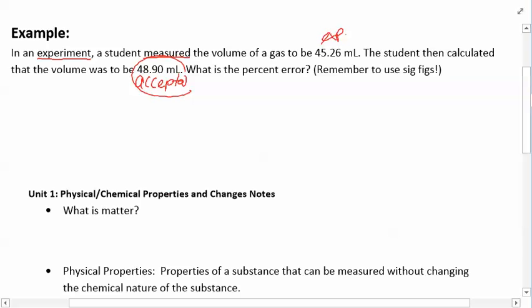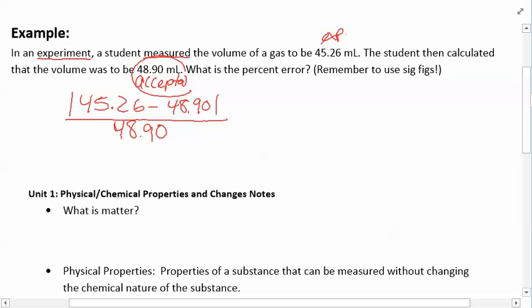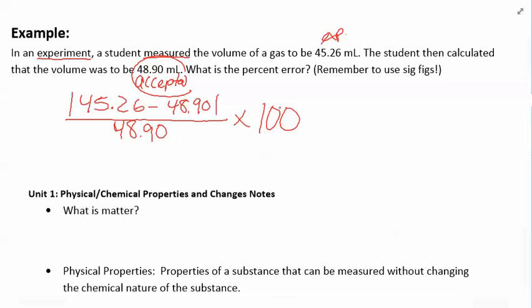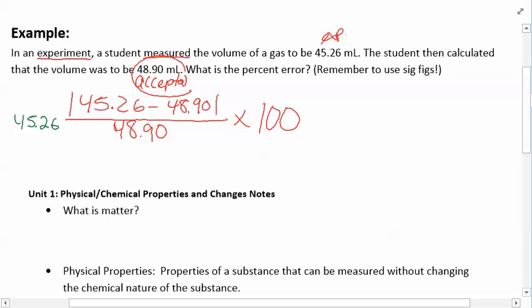So we're going to take the absolute value of the experimental minus the accepted, all over the accepted value. So the important part is that the accepted value is on the bottom. If you switch the numbers on the top, if you subtract one from the other by accident, it won't make a difference because you have that absolute value. So because we have the sig figs with this, we have to kind of split this problem up. So we're going to take 45.26 minus